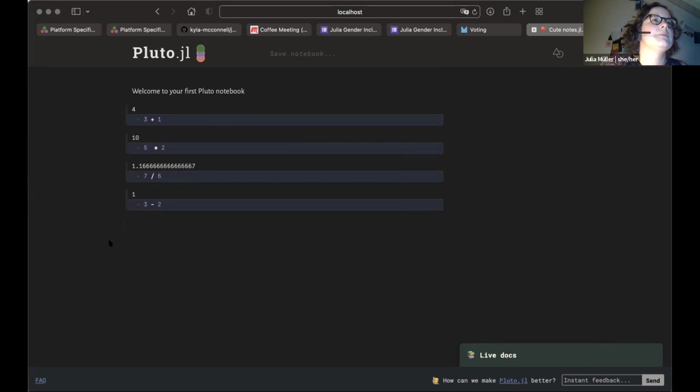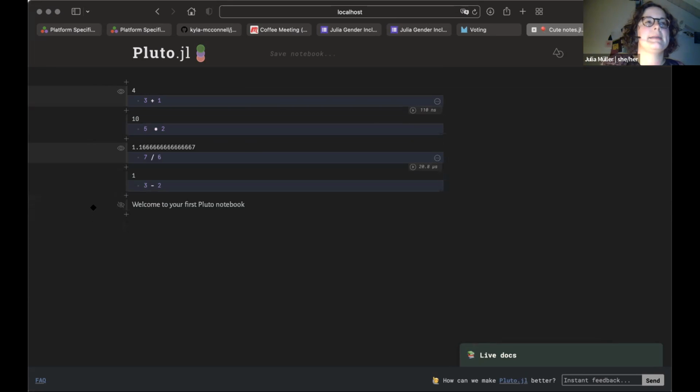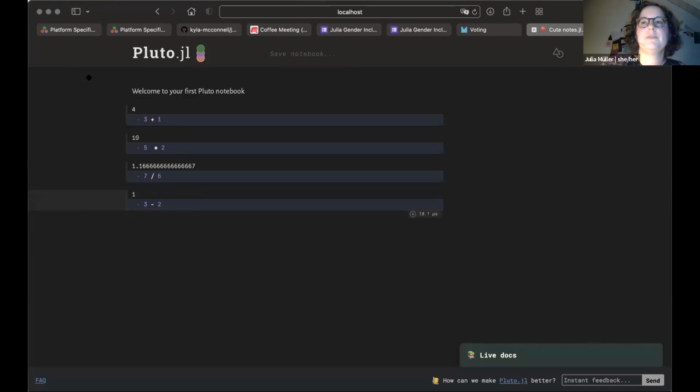And you probably caught Kyla doing this, but you can move these blocks around as you like. Yeah, so there's some text block that we added that makes sense to have it at the top of the screen because it says welcome. So we might as well, yeah, we can just drag and drop to move any cell up and down. So if you want to reorder something, that works.